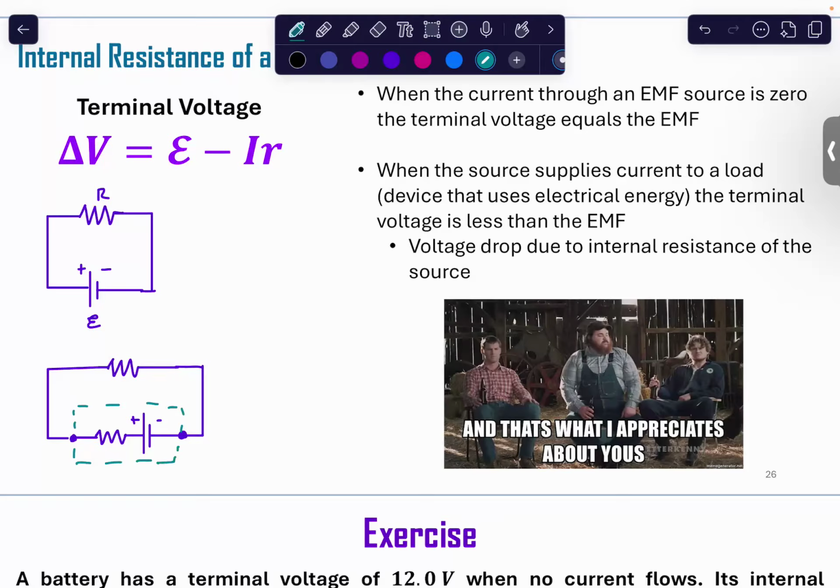That little dotted line represents our battery itself. For the first one up top, it expands into the one on the bottom. The battery up top is the whole dotted line system. Some batteries are going to have internal resistance. So that's your external, that's your internal. Still have your EMF. And then you're going to have